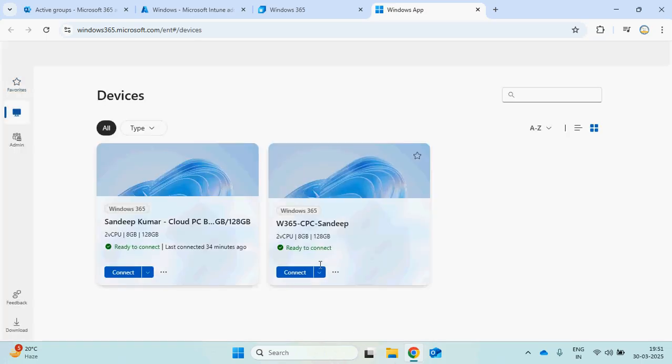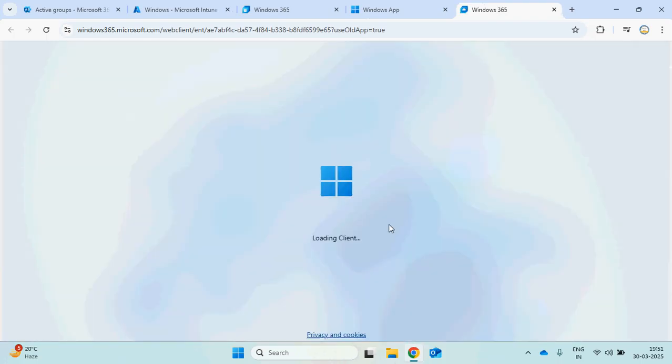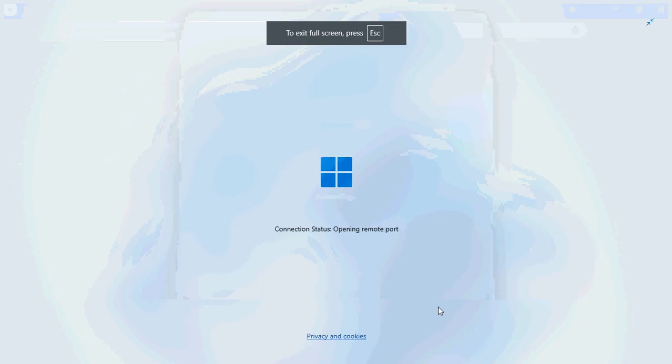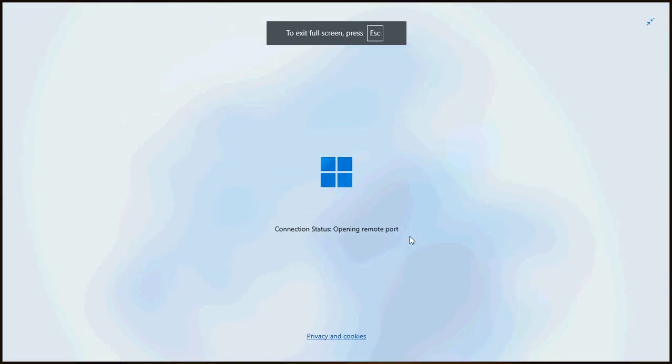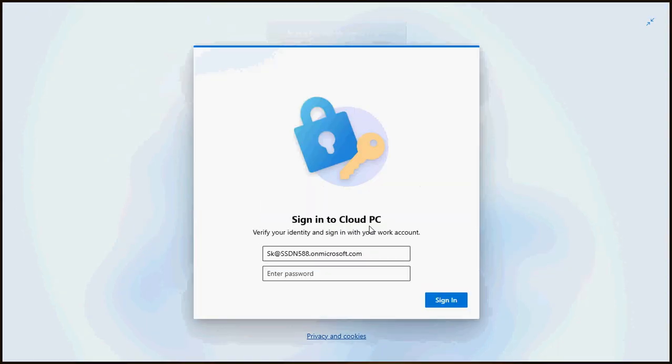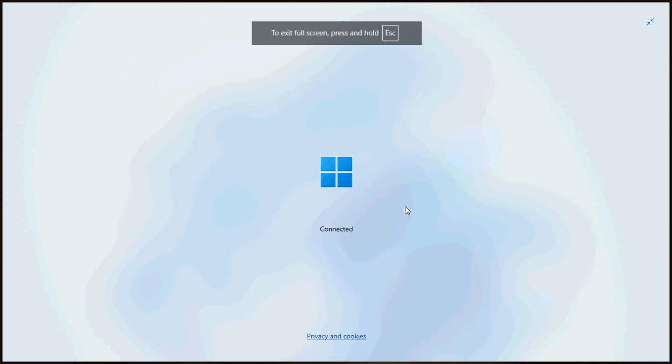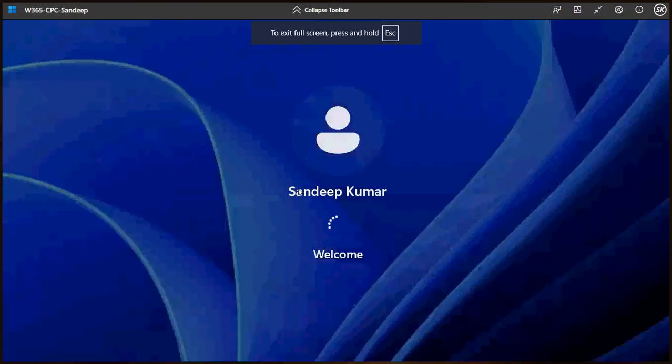So this is the cloud PC. Let me connect to it. So here we go.